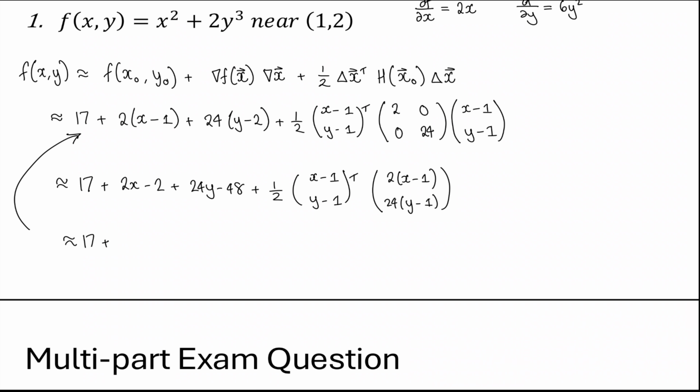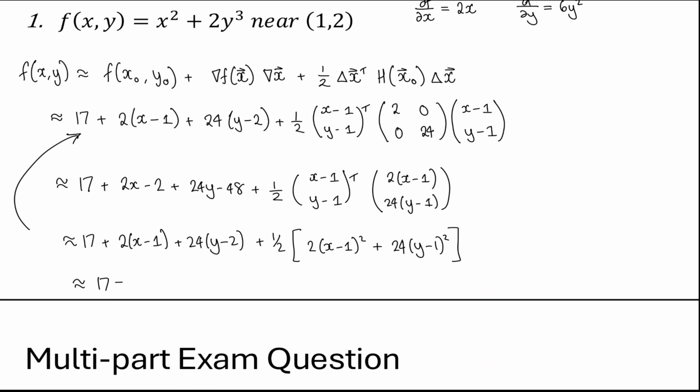So 17 + 2(x − 1) + 24(y − 2) + 1/2 (2(x − 1)² + 24(y − 1)²). And so we get 17 + 2(x − 1) + 24(y − 2) + (x − 1)²